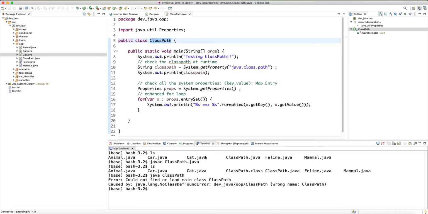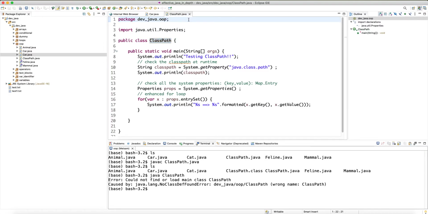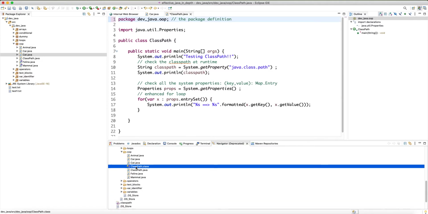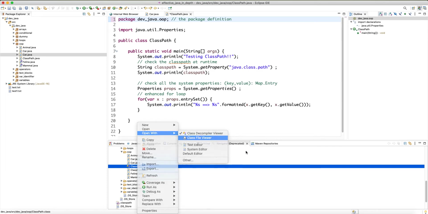The reason was that this class belongs to a package definition. This is very important. So this is the package definition, right? Then the problem was that it says wrong name, Classpath. It says that even though there is a class file here, it appears to have the wrong name. Why? Because if I go back to my navigator and open this class that we compiled with a class file viewer,